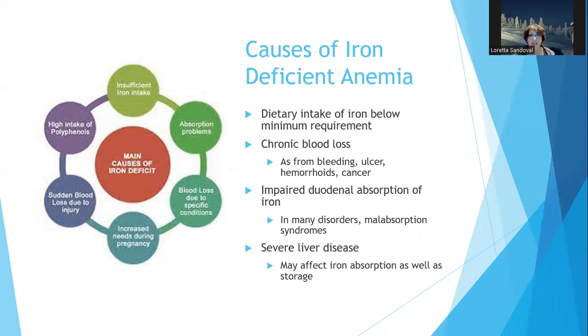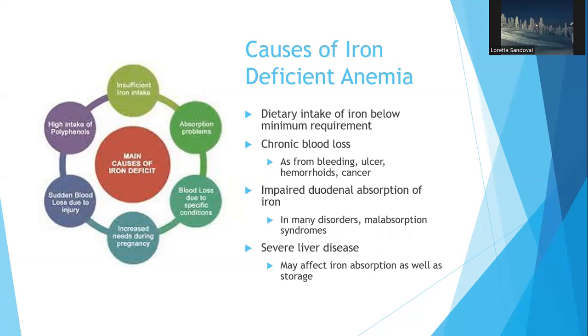One of them is just dietary intake. So inadequate dietary intake of iron. You get iron from some vegetables, you get it from meat. During growth spurts, like adolescent growth spurt and pregnancy, when you need increased nutrients, that can cause a problem. During breastfeeding, when you need increased nutrients,